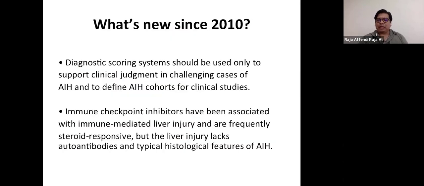What's new for the last 11 years or so? I think the diagnostic scoring system should be used only to support clinical judgment in challenging cases and to define AIH cohorts for clinical studies. Immune checkpoint inhibitors are widely used in many other specialties, oncology and hematology, and have been associated with immune-mediated liver injury that is frequently steroid responsive, but the liver injury lacks autoantibodies and typical histological features of AIH, something that we